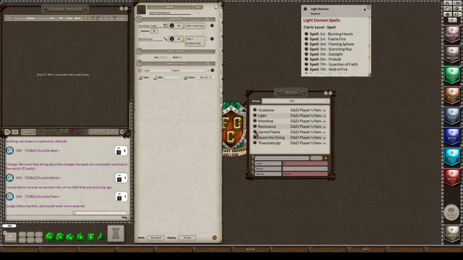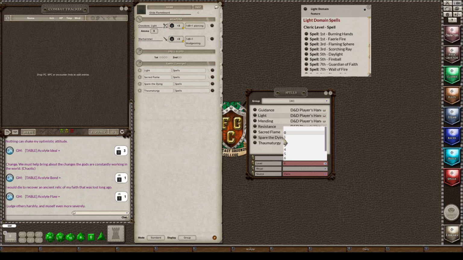I'm also going to take Sacred Flame, Spare the Dying, and Thaumaturgy. Now I like to click on the magnifying glasses so that I'm only using one line, because when you start getting a lot of spells, your sheet can get really long and it takes a lot of scrolling to go through things. So I like to make mine as short as possible.